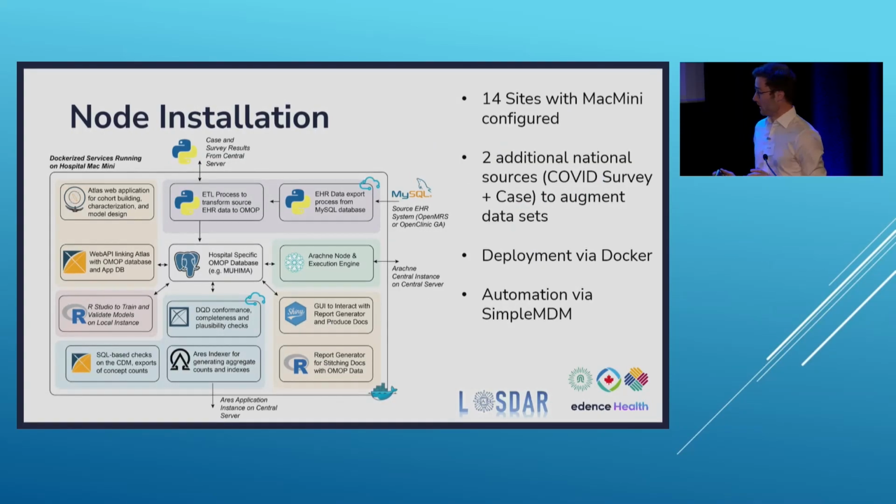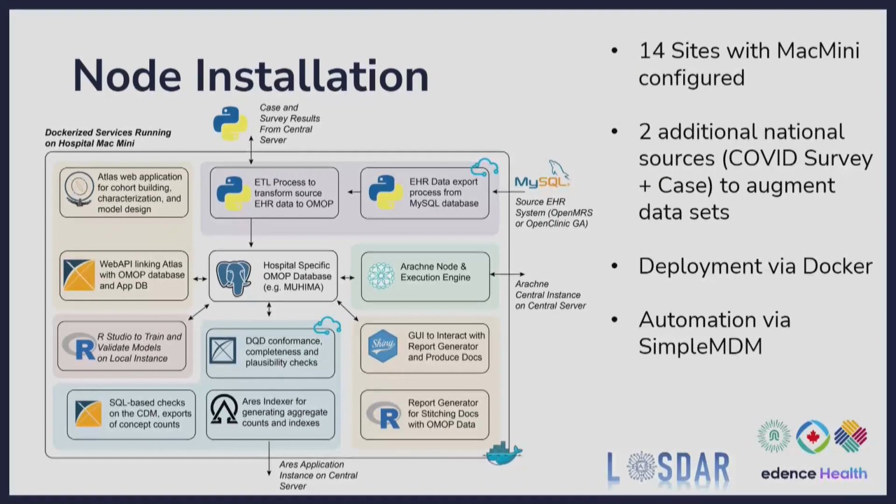For the technical ones out there, this is the setup that we deployed at each of our sites. What we ended up doing was putting Docker on a bunch of different Mac minis, the little box running macOS, and then installing various services on those machines and shipping them to Rwanda where they were set up at the hospitals. I'll go quickly around, starting at the top in a counterclockwise fashion. We have the ETL processes that extract the source data from the MySQL database in the EHR system, which is then converted by our ETL process into OMOP, into the central Postgres database,